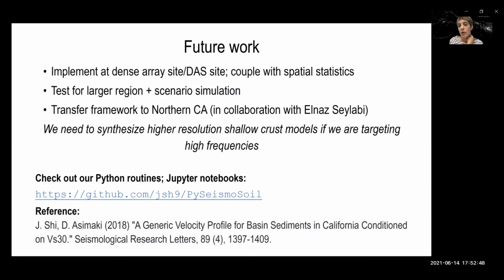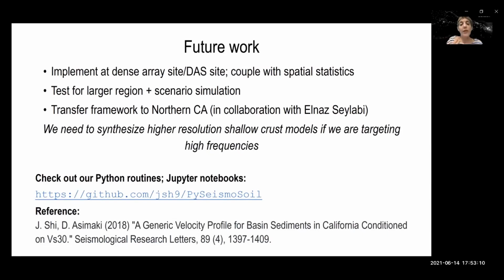The bottom line of the presentation: we need to synthesize high resolution crustal models if we are targeting high frequency. So it's not only to improve our seismological models. Of course, it's very important to improve the source models. And I'm sure that once we move to dynamic rupture, those high frequencies are going to be more systematically generated, and we'll have some physics from the source up.